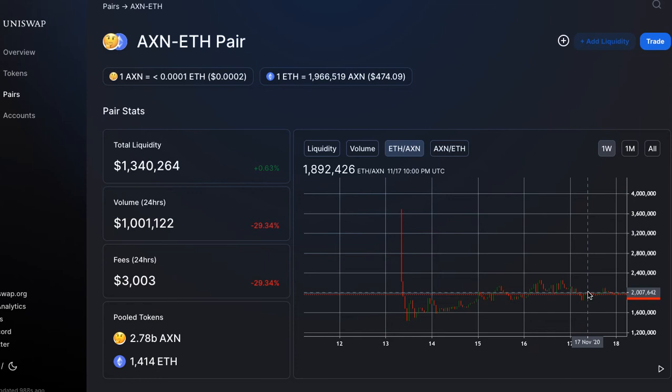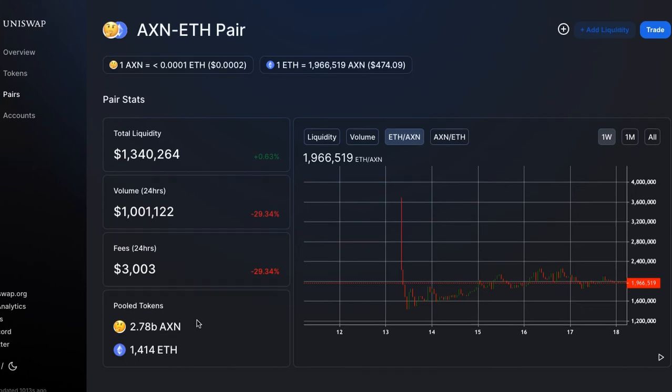Obviously on the 20th we've got the big weekly auction with 13.3 billion Axion in there so far. That's going to attract thousands of Ethereum. Some estimate somewhere around 5 to 7,000, and it could be higher or lower. So that's pretty exciting. We've had $1.3 million of liquidity, $1 million in the last 24 hours, and there's quite